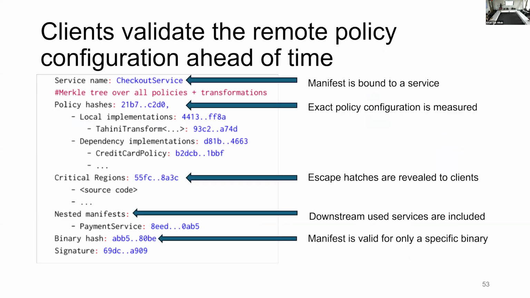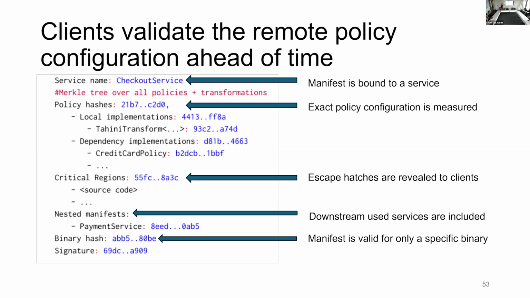Now there's a lot of stuff here. We have the service name and some other information. What are the policies being used? Do I implement some policies locally? Do I import some other policies from upstream? How do I use them? The critical regions, which are the escape hatches. We have all the policy configuration, and then there's this additional stuff that is very important to Tahini, which is